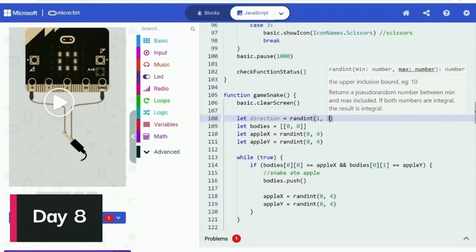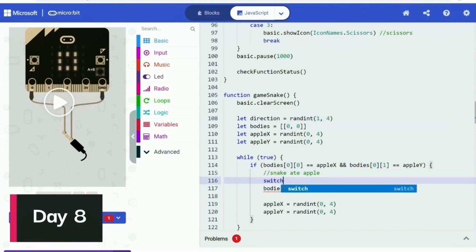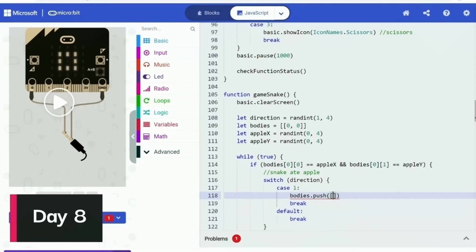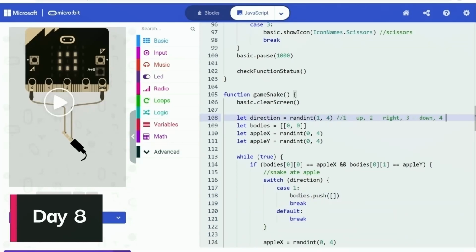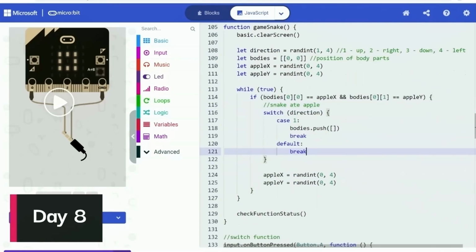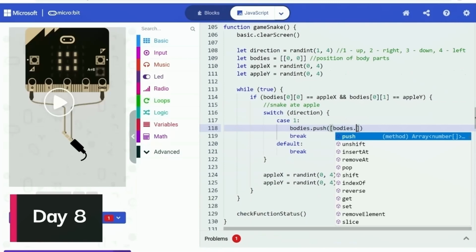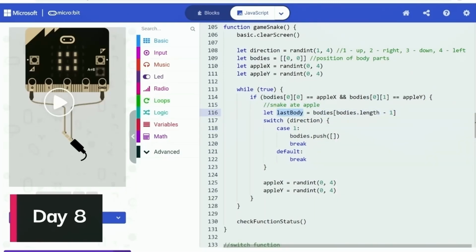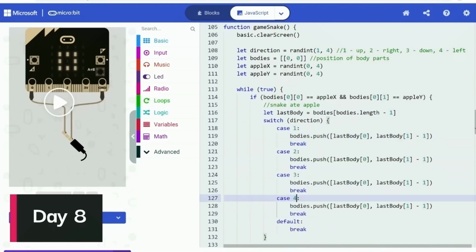I had this variable called direction, to store the direction the snake is currently facing. And I used this variable to make sure the newly generated body part is going to be at the right place. I decided to store the direction as a number, so there would be 4 possible numbers for this. Based on my plan, 1 was going to be up, 2 be right, 3 be down, and 4 be left.